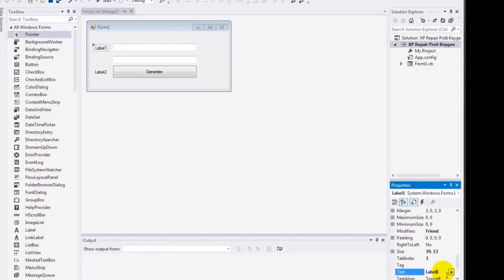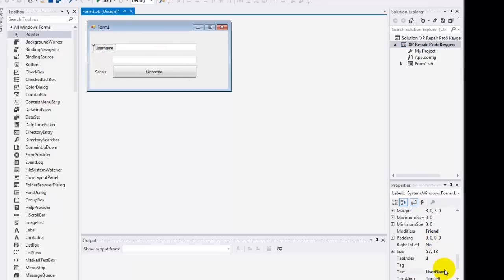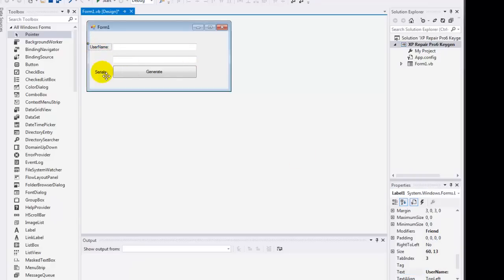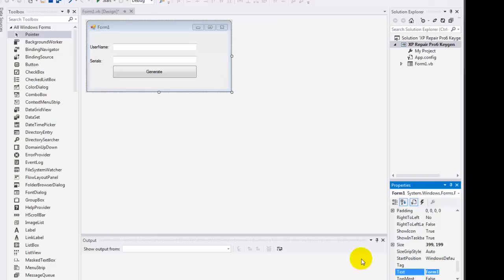First one, I'll change the name to username. You can do whatever you want. On this one I'll make it a serial, or serial is more than enough. Just add 2 dots to make it look more professional. Just do it like this, username or user, whatever, and click this one and say Keygen